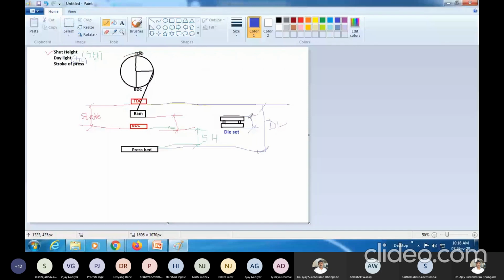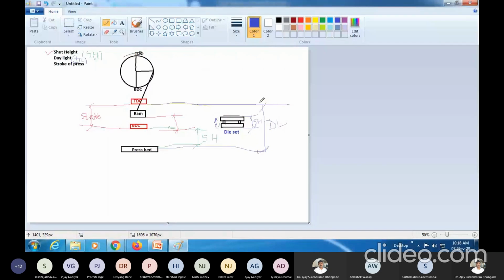Now again, this particular punch holder will also be moving up and down. We know that because there is also a guide post. So this is also going to move up and down. Right? So that must be equal to shut height, somewhere between that. So we can get the corresponding shut height, which will be called this particular thing. Right. So we will get this particular distance at the shut height there.